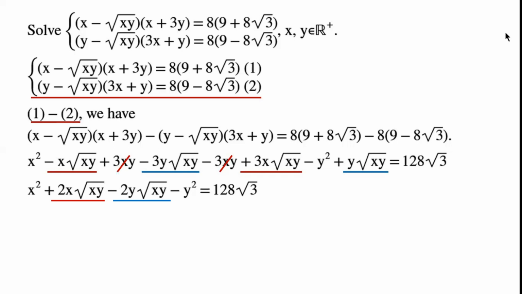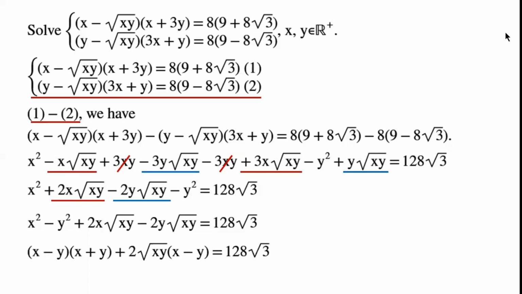We can combine -3y√(xy) and y√(xy), so we can now write -2y√(xy). By rearranging the left-hand side of the equation, we have x² - y² + 2x√(xy) - 2y√(xy),